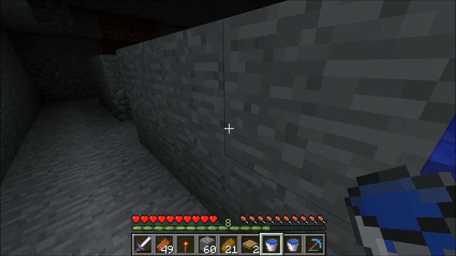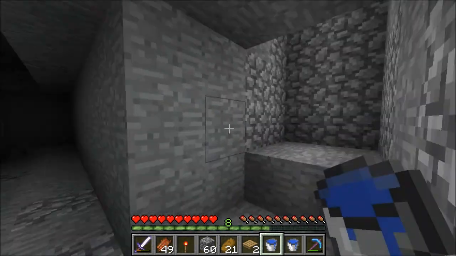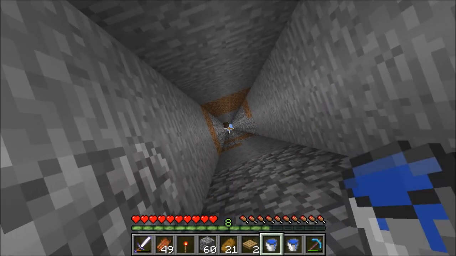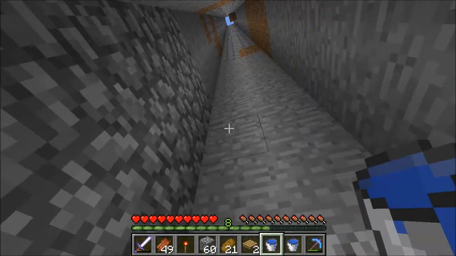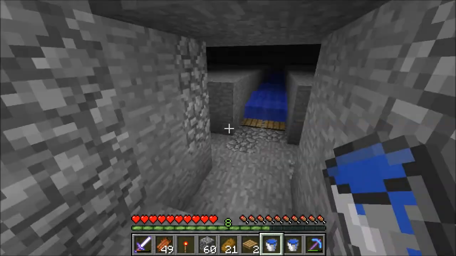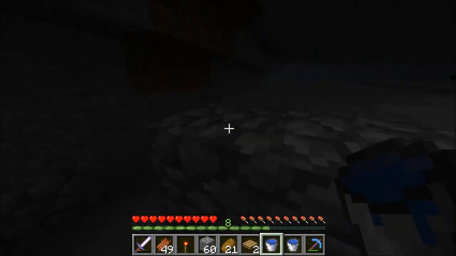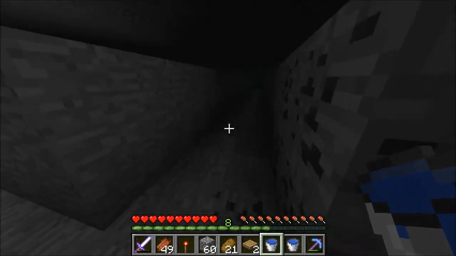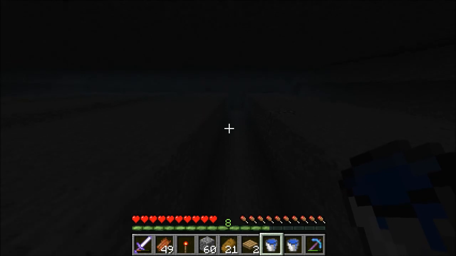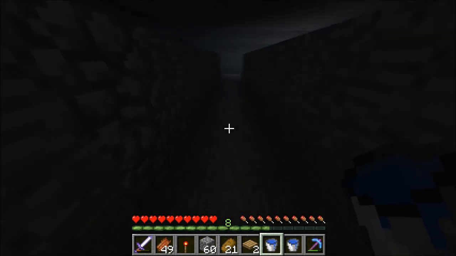Check it out. Yep, here we are, fully finished. Now, there is light coming from way up there, but that isn't going to be a problem because there's going to be water here for the mob evader, and the water's going to block out most of that light. Now, this is how the lighting is going to fully be once it's completely finished, so hopefully we'll be seeing some mob spawning pretty soon. Of course, they won't spawn when we're down here, but